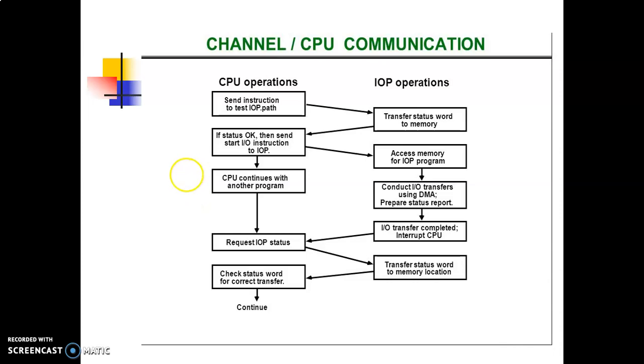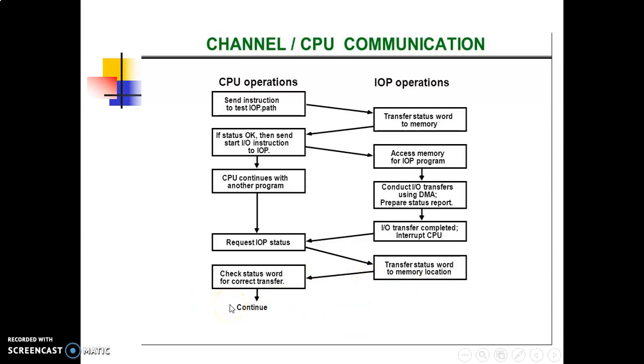When the IOP terminates the execution of its program, it sends an interrupt request, okay, interrupt request to the CPU. The CPU responds to the interrupt by issuing an instruction to read the status from the input-output processor. The input-output processor responds by placing the content of its status report into a specified memory location. The status word indicates whether the transfer has been completed or if any error occurred during the transfer. So from inspection of bits in the status word, the CPU determines if the IO operation was completed satisfactorily without error.